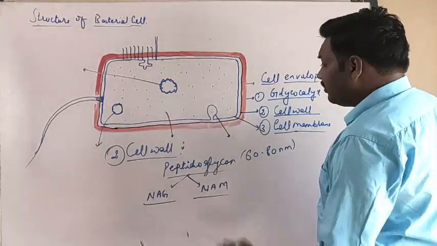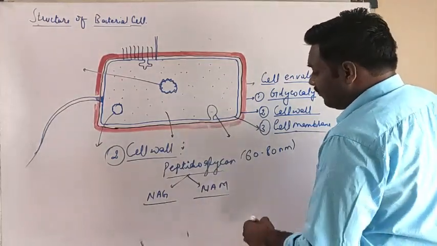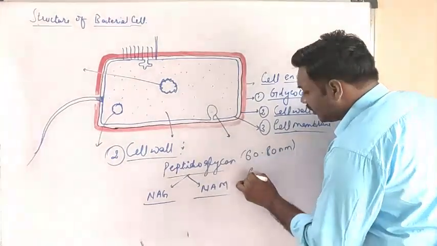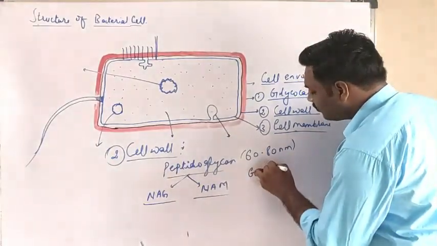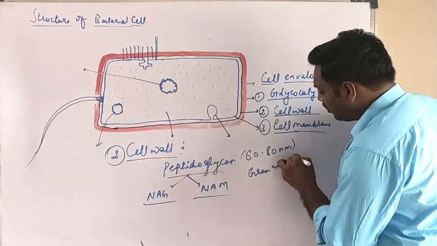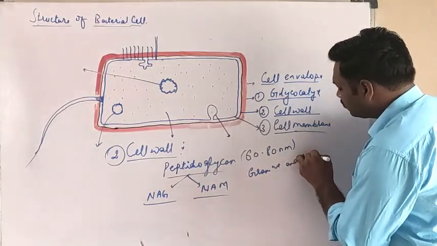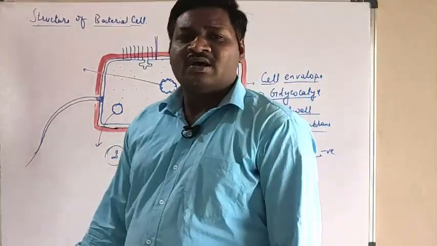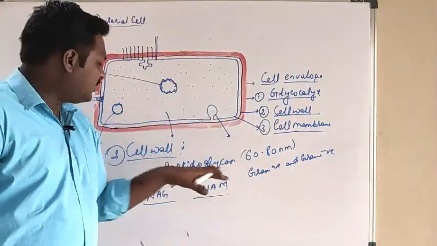Okay, and on the basis of that, we can also classify the bacteria into two main types, that is gram positive and gram negative. Okay, so gram positive and gram negative are the two types of bacteria on the basis of presence of